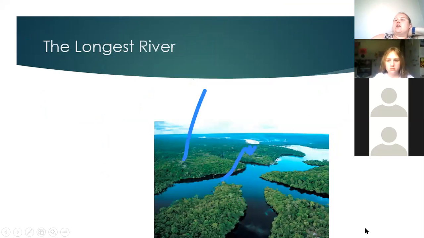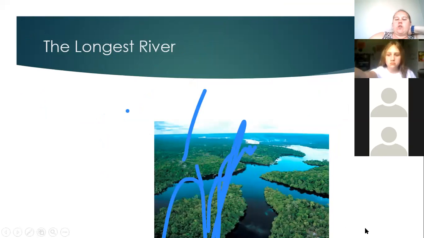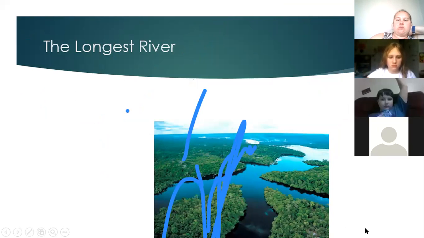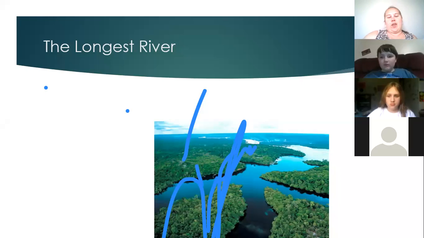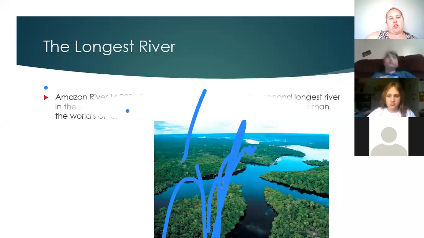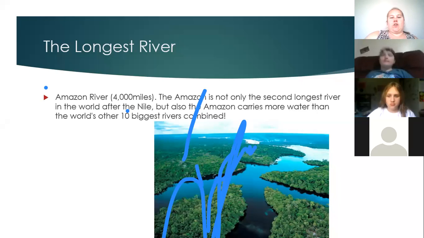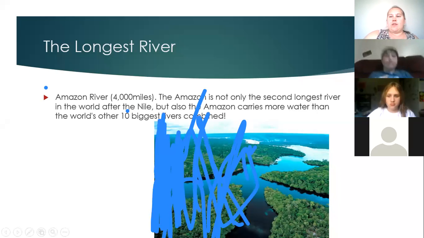This river. It's in South America, and it's the longest river. Do you guys know what the river is, though? Johnny? The Nile River? No, the Nile's actually in Africa, so we'll learn about that later in the week. This one is actually called the Amazon River. And the Amazon River is